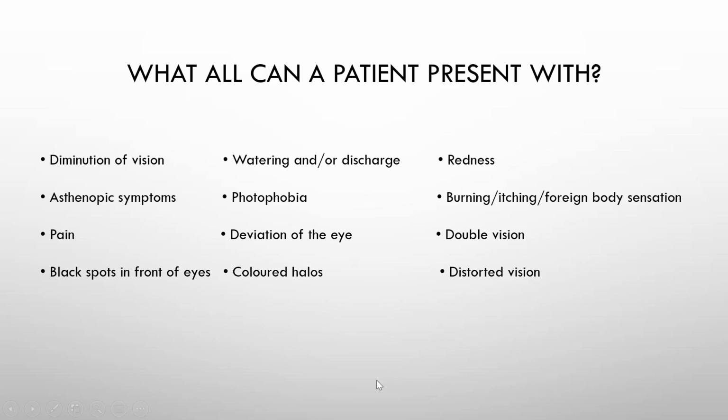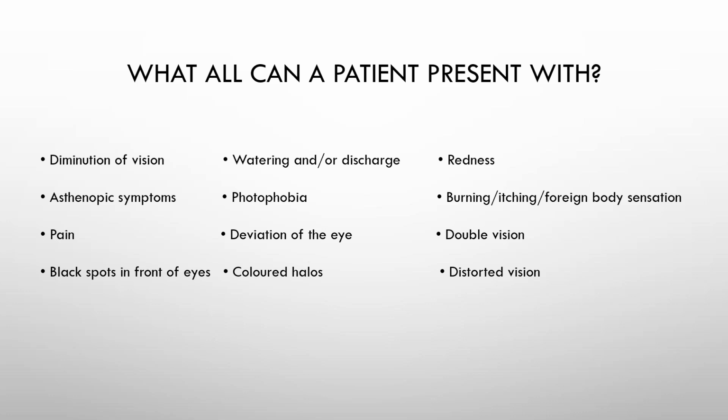Other than that, the patients can present with watering or discharge or redness. Now, these 2-3 things will tell you that, okay, something is really active, the disease is active or it is inflamed. Then the patient can also present to you with asthenopic symptoms, right? So what is asthenopia? It's actually just strain or headache when the patient is trying to do some near work. Okay, it will tell you that the patient probably has a latent visual alignment disorder, that's probably a phoria or a refractive error.